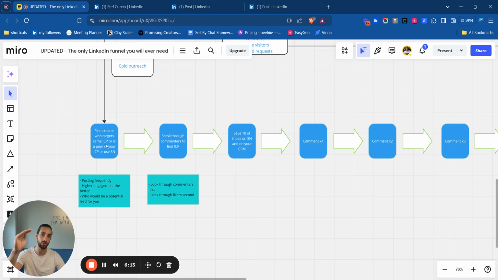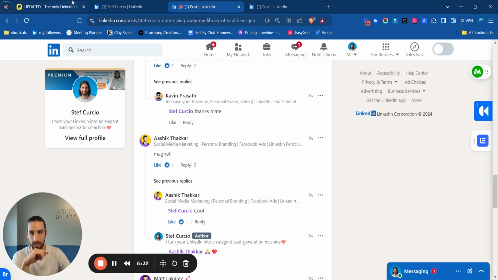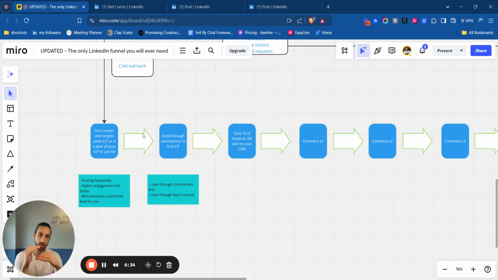Otherwise, my favorite way to find leads, this is kind of like my value ladder, is to find leads who are asking for a resource from a competitor. So like people that comment the keyword magnet on a competitor's post, but that's not always possible. If that's not possible, you want to find leads that are either commenting or liking a post of a competitor, or even a peer, or somebody that is offering